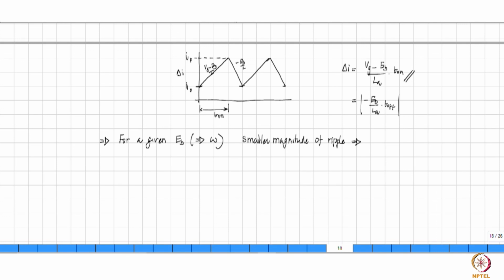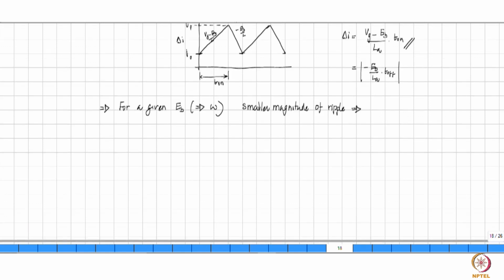How can you increase LA? LA is the armature inductance. You cannot go inside and modify the machine. So what you can do is put an inductance outside the machine, right? That is one way. The other way is to decrease the value of T on. So normally what you do is you don't put an inductance outside because that is extra cost. It may be big depending on how much inductance you want. So the best way to do it is to decrease the value of T on, right?